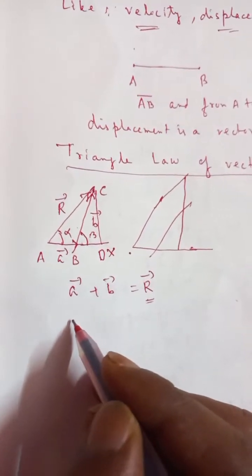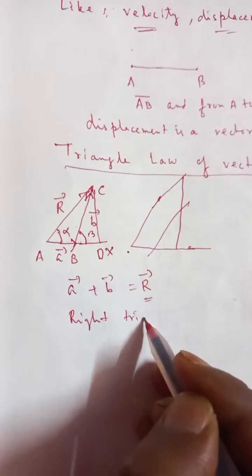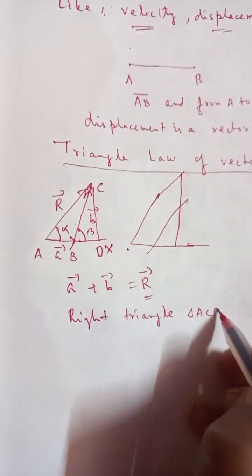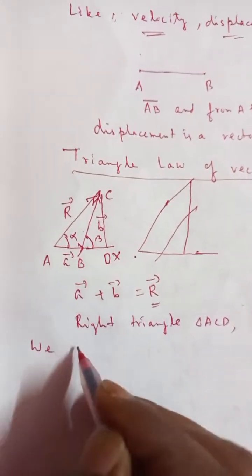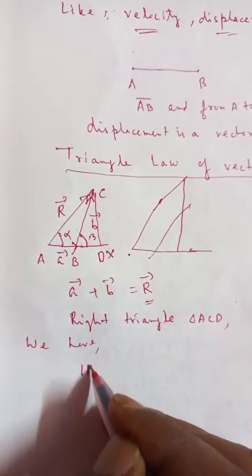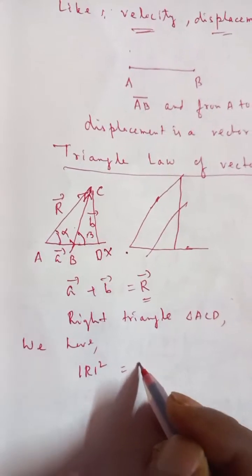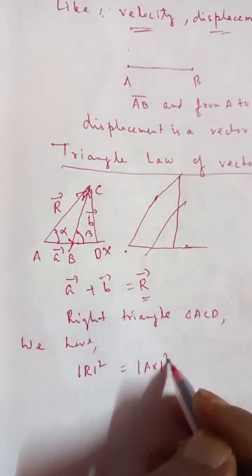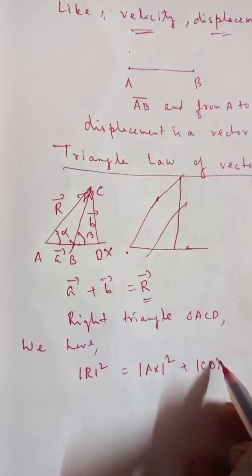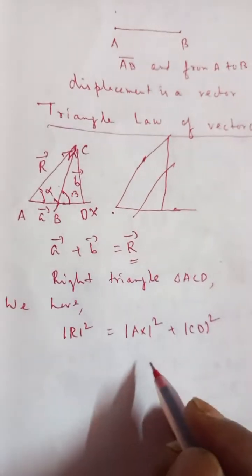So from the right triangle ACD, we have mod of R vector whole square is equal to mod of AX whole square plus mod of CD whole square. So mod of AX square is equal to